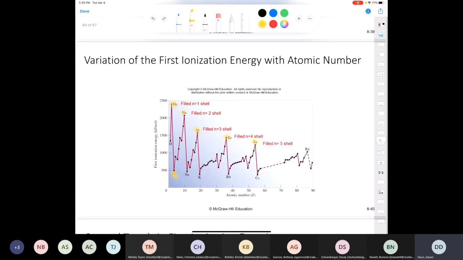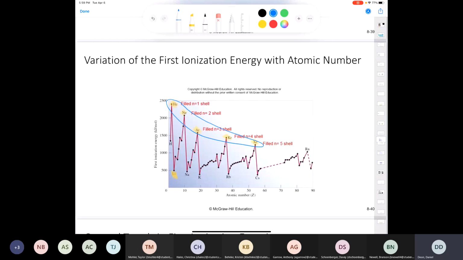Why? Because effective nuclear charge increases as we go across a period. But when we go down a group, like the noble gases from helium to neon to argon to krypton to xenon, the ionization energy decreases because